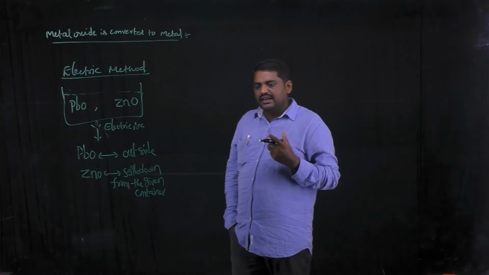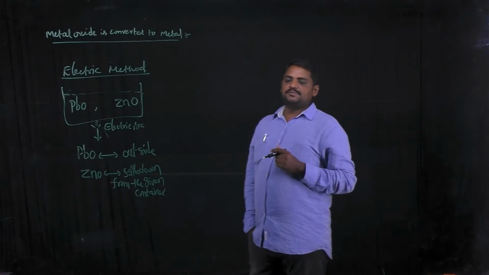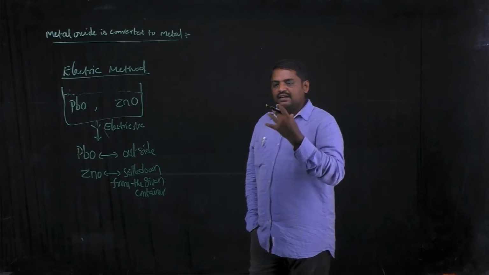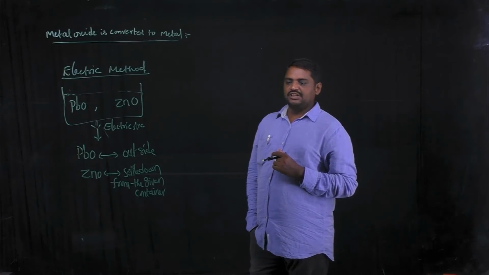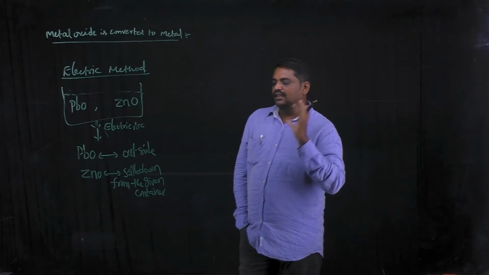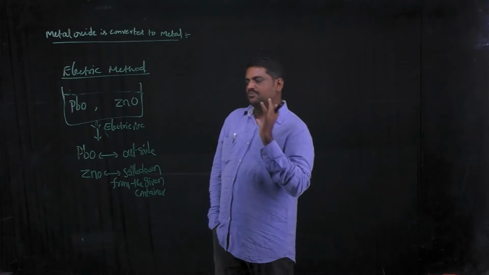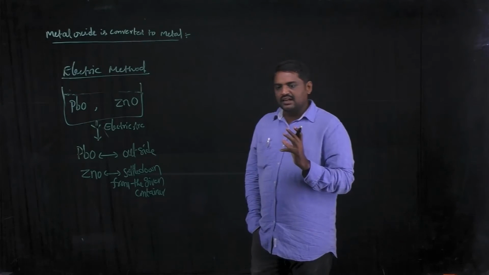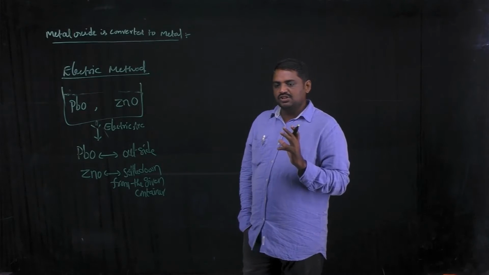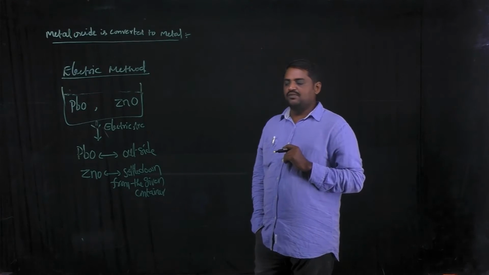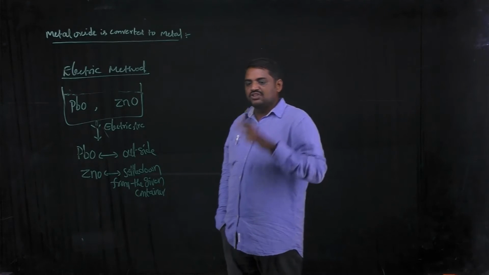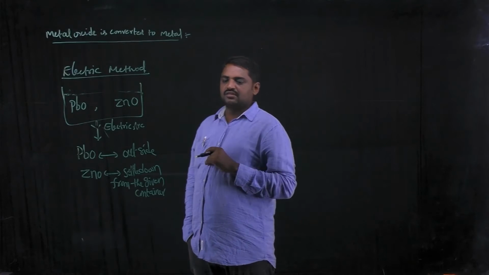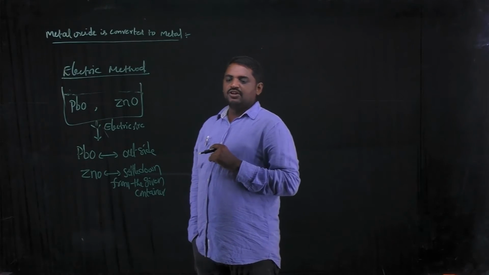So the lead oxide is a good conductor with respect to heat and electricity, and zinc oxide is a bad conductor with respect to heat and electricity. That principle is the basis on which the lead oxide is thrown away, moving outside of the given container, but the zinc oxide is a bad conductor. The zinc oxide does not activate for the submission of electricity. That point is why the zinc oxide is settled down in the given container. That is the reason. Okay, so this electric method is used.